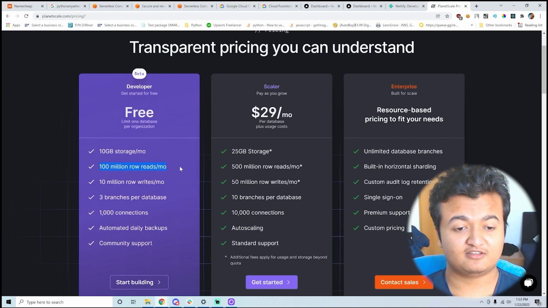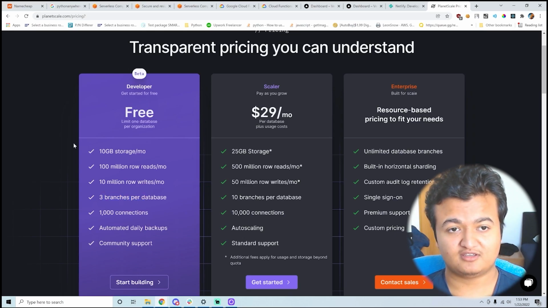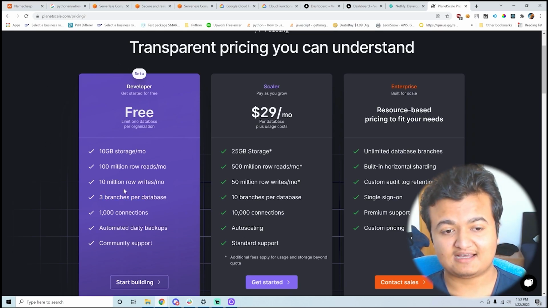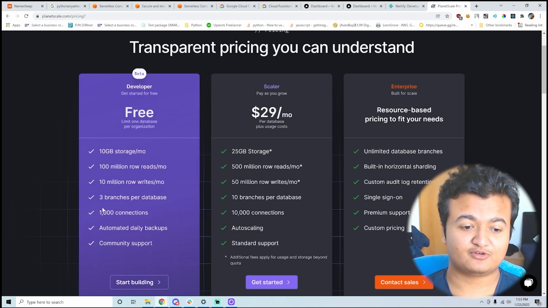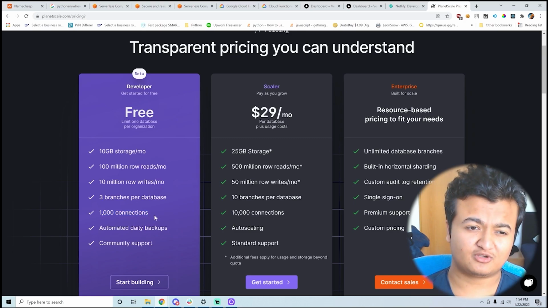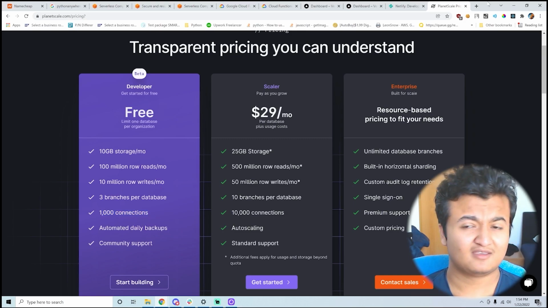You have 100 million reads, 10 million writes, and 3 branches per database. Branches is actually an option where you can scale out your database later on if you want to. You have support for 1,000 connections